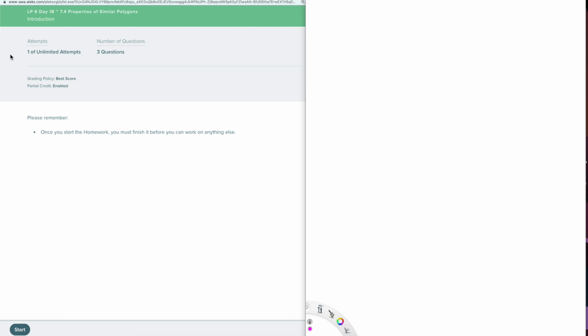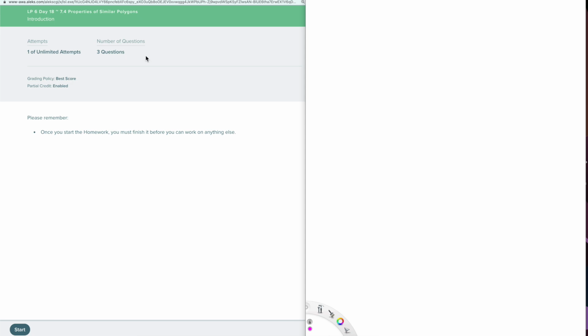The second thing in here is the number of attempts. We always have unlimited attempts on homework, tests, and quizzes. And then number of questions. This just tells you how many questions are on this assignment. Grading policy is always best score, so whichever attempt is the best one is the one to keep. Partial credit is enabled, so if you answer 1 of 3 questions correctly, you get credit for 1 question, or however